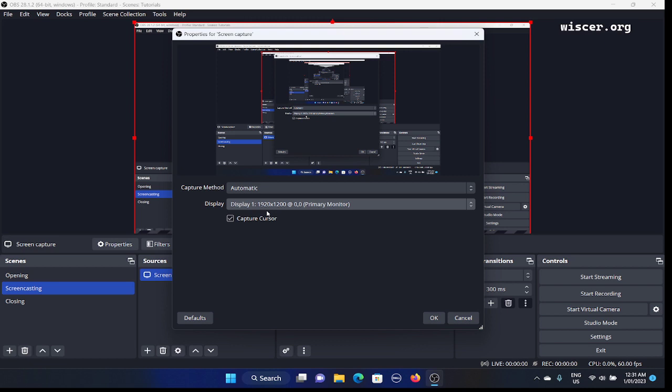The first one is the method. Basically we're just gonna select the default value, but I want to read what's on the label that's not read by the screen reader. The first one is the method. By default, the value is automatic. I'm gonna make my screen bigger for low vision